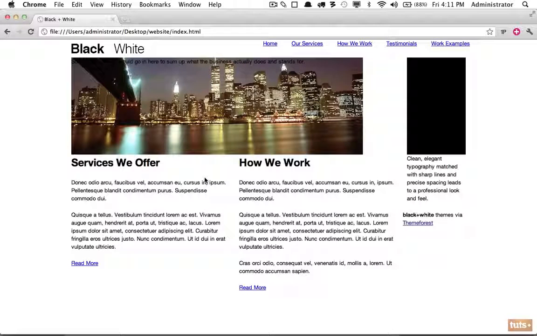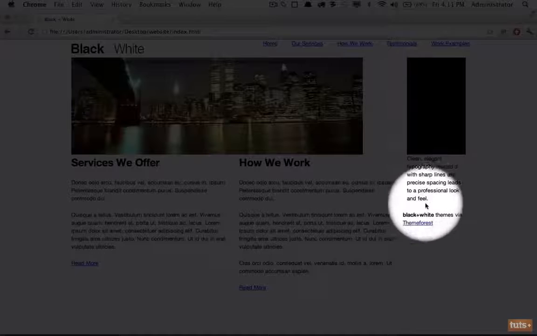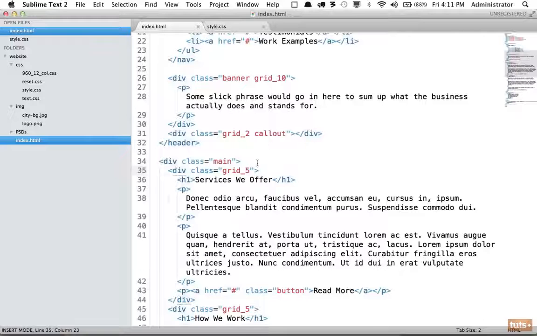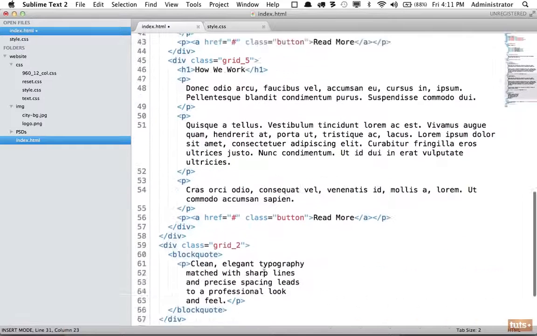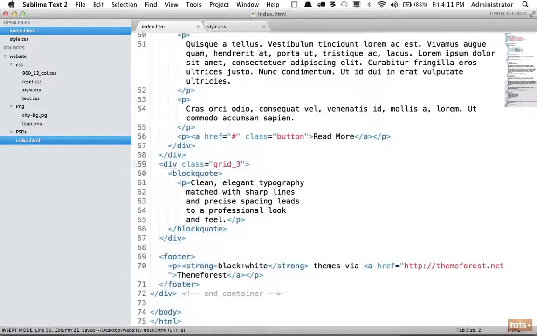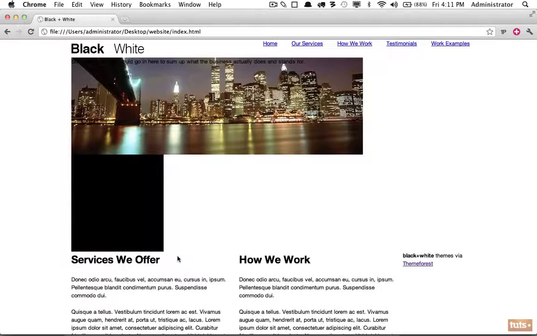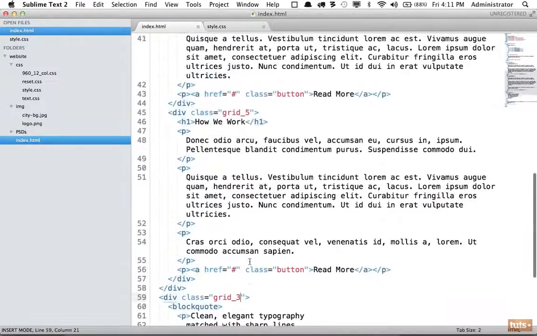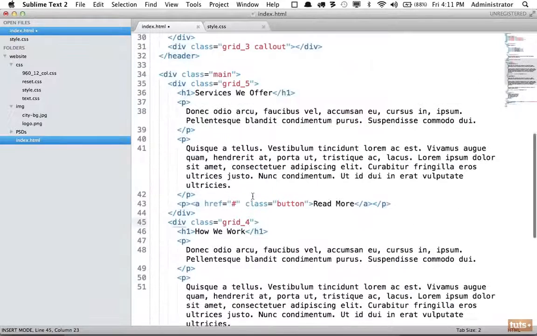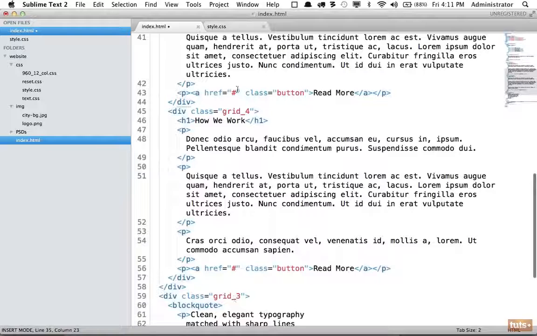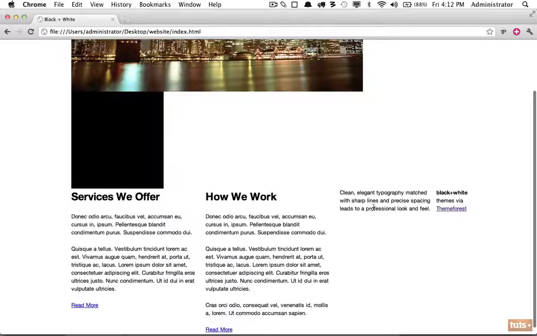So the first thing I want to do is get this area a little bit better because grid 2 probably is too small. So let's come back, and why don't we adjust it right here, and right here at the bottom. But that's going to make it too wide now because we have 5, 5, and 3 is 13, and it's going to fall on its own line. So that means this may not be perfect. We have grid 4 and grid 4, but there's no way we can get these numbers to be identical without being too low or too high. So 4 plus 4 is 8, plus 3 is 11, and that's working down here,